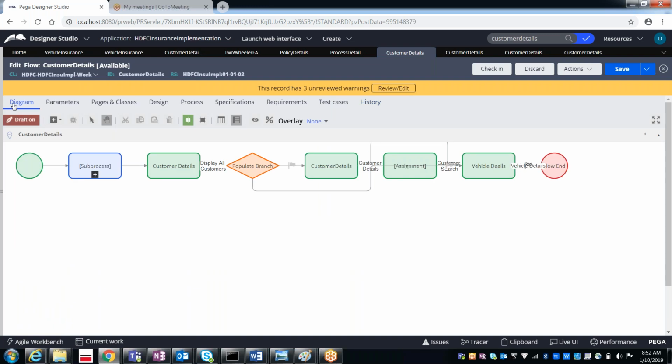Got it, right? Is everyone understanding? Yes, okay, good. As I got the confirmation, I'm moving further. In case you say you did not understand, then only I can repeat it.